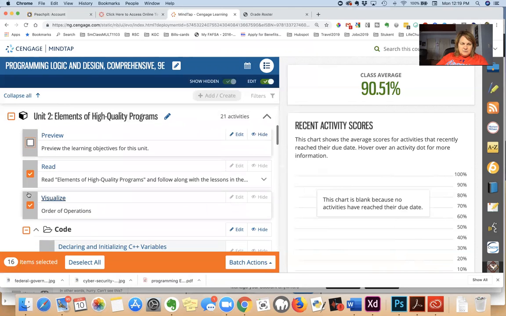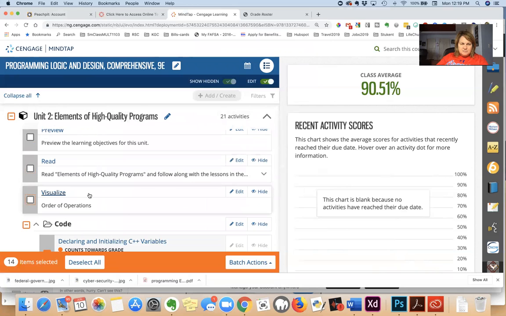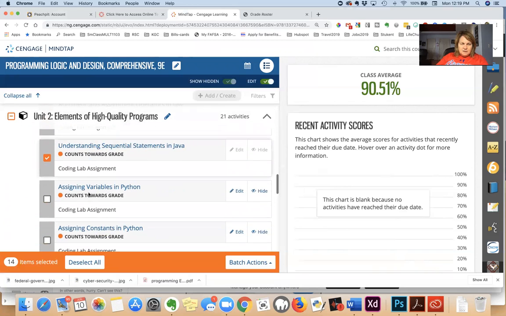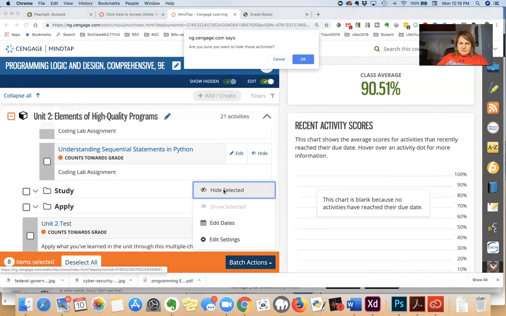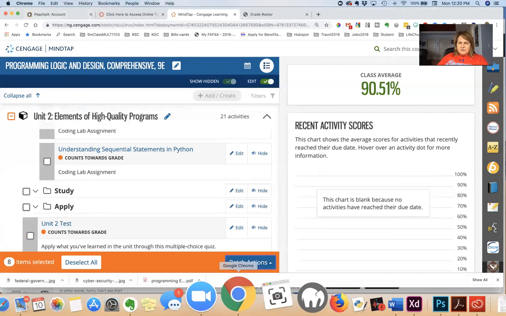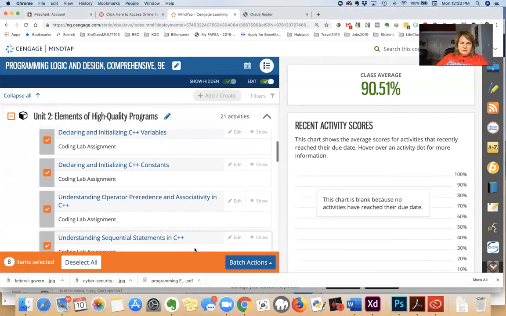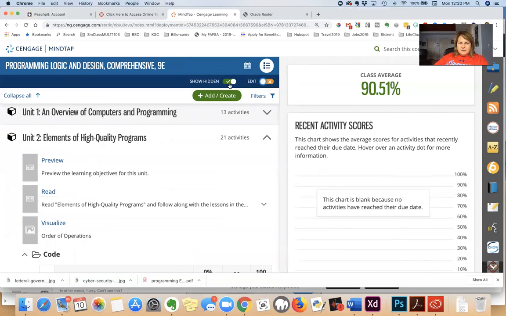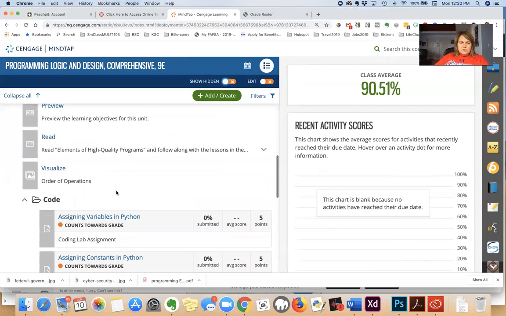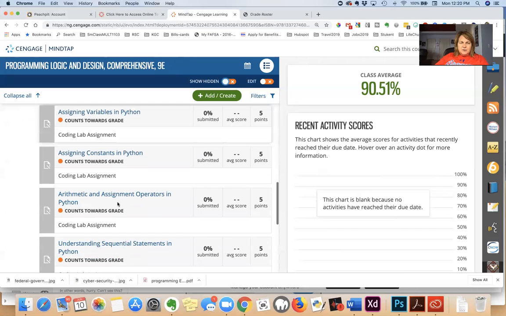And I don't want to hide this one, or this one. Let me make sure that I have everything else unchecked. There and there. Okay, so batch actions are to hide selected so that that's not confusing to you because you don't do the C ones. So now you should be done with that. And now in unit 2, you should only see the Python ones